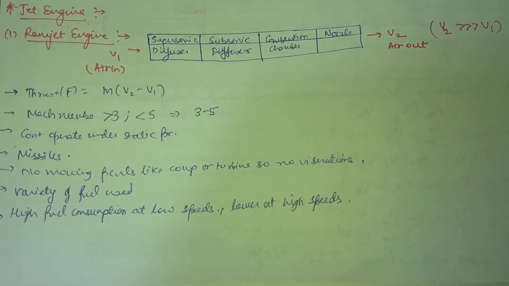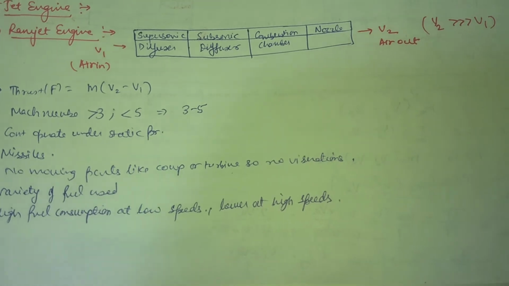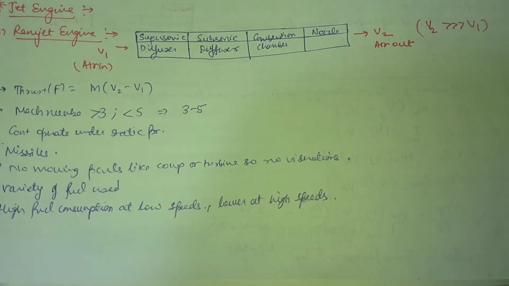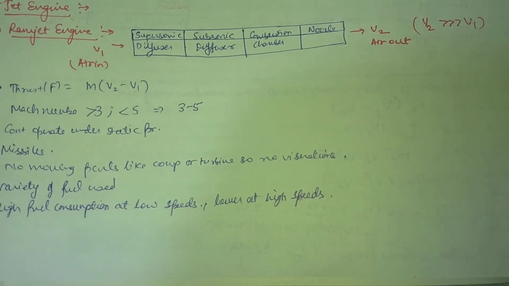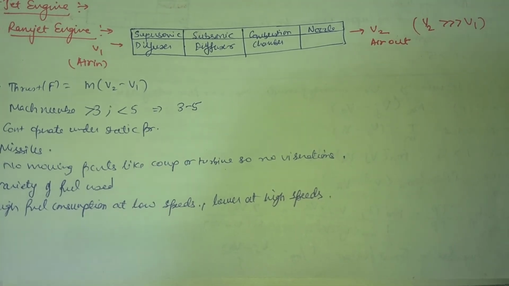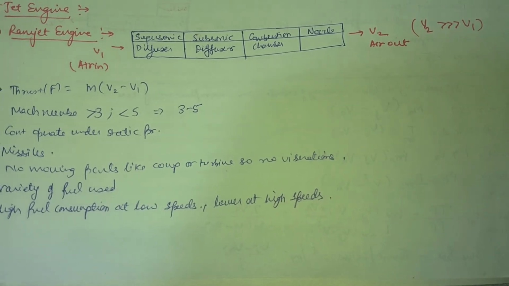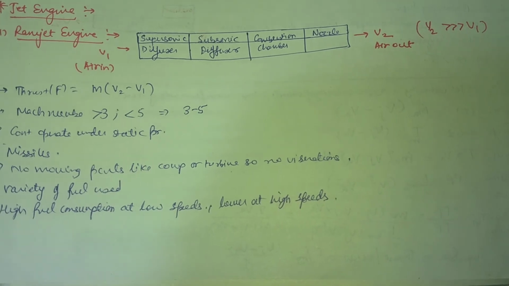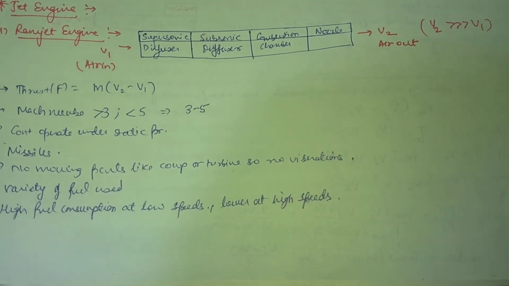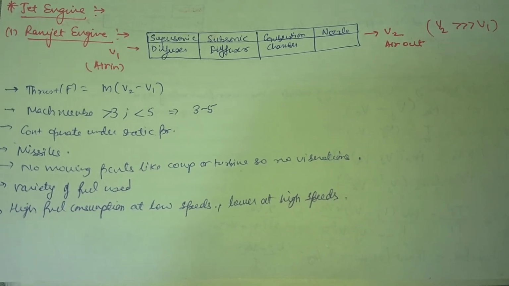So this needs to be boosted up to a speed of 300 kilometers per hour by suitable means such as a turbojet, or maybe you can use a rocket mechanism before you obtain any thrust, because at the end, if we are designing an engine, our main aim is to obtain thrust or force, correct?